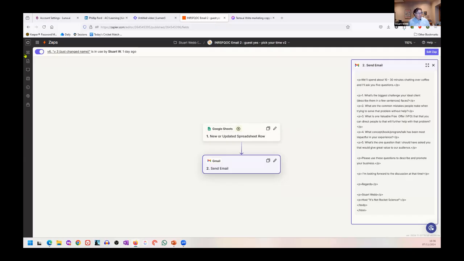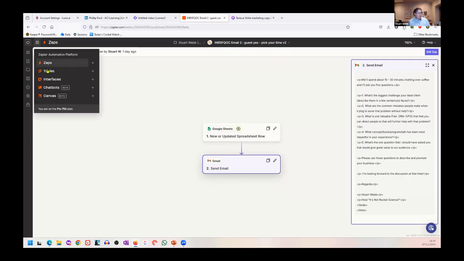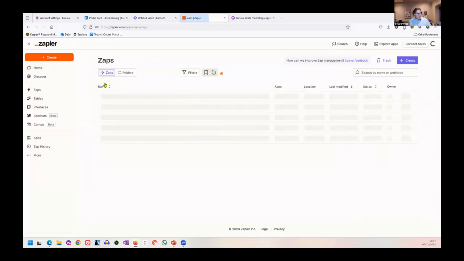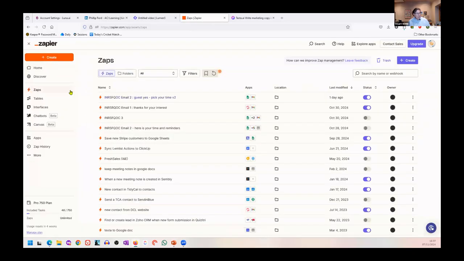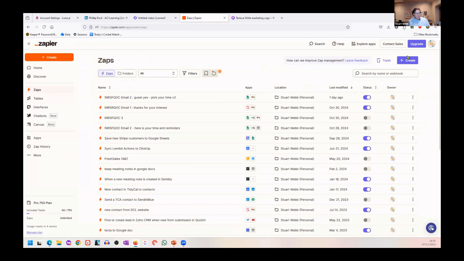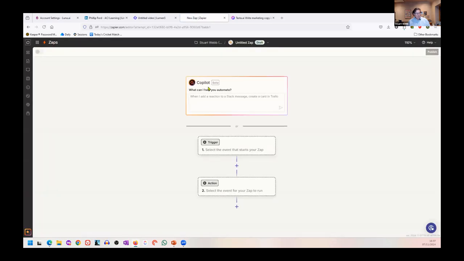And for Zapier, if I go to the number of tools which you can add into Zapier, you'll see that in order to create one of these, it will ask you, through an AI tool again, to describe what you're trying to do. So you might say, when I add a new